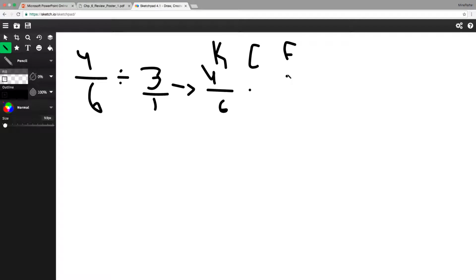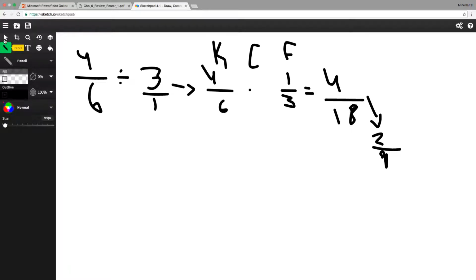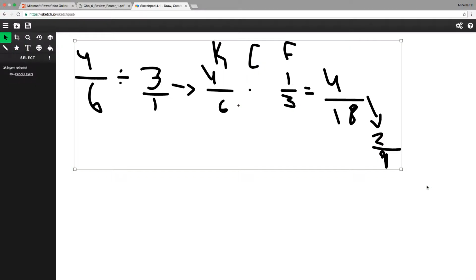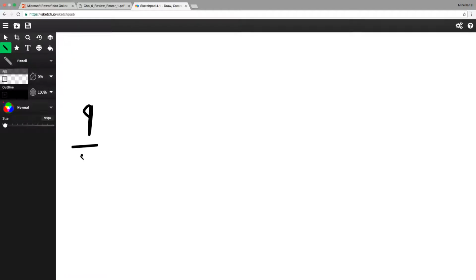So flip, we have to go 1 over 3. And then we do it as normal, we multiply it, and the answer would be 4 over 18. But we gotta reduce it, so that turns into 2 over 9. Okay, and for the second one, we'll do 9 over 10